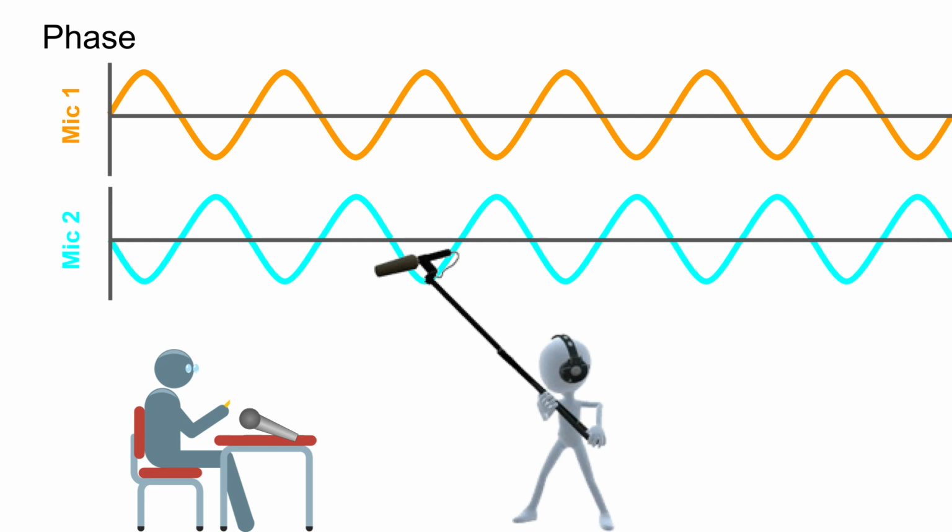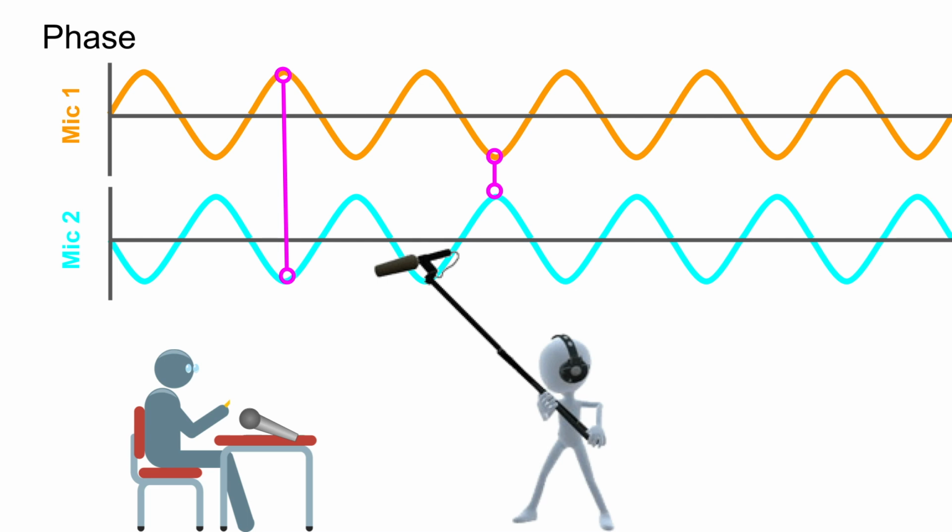So the person standing there with the boom mic is a few feet farther away from the speaker than the original microphone was. And he's recording the same sound, but because he's physically farther away, there's a very slight delay as the sound waves travel outwards. It takes longer for them to get to the shotgun microphone than it does to get to that desktop microphone. So if you look at this, you will see that they are no longer synchronized. In fact, they are completely out of sync.